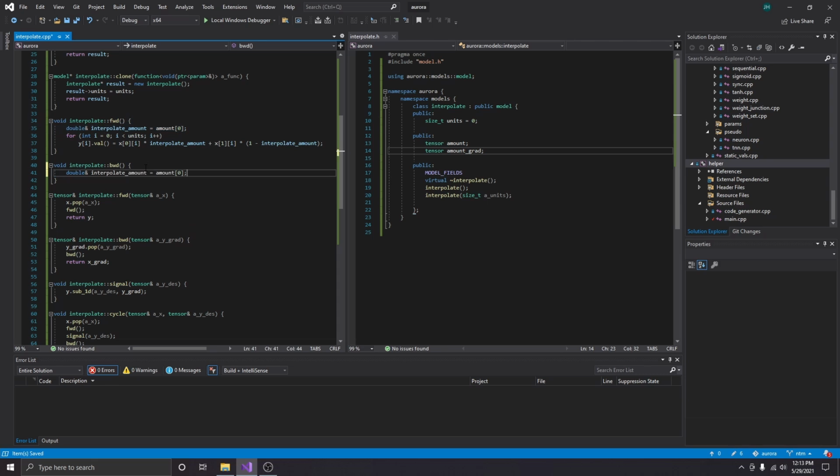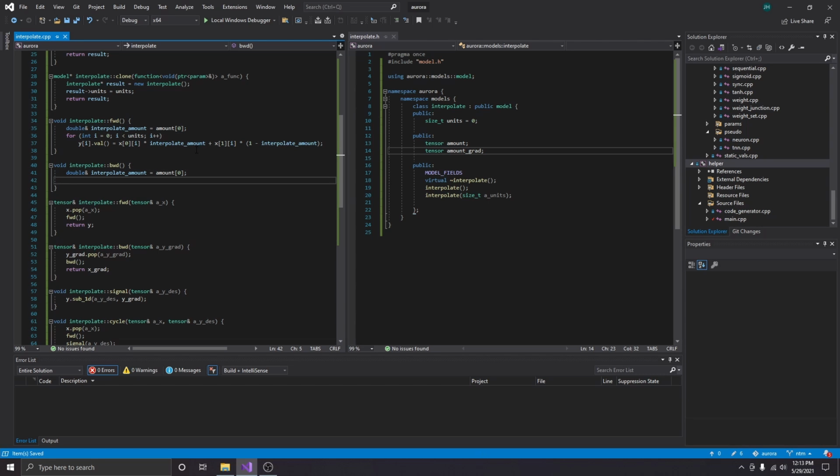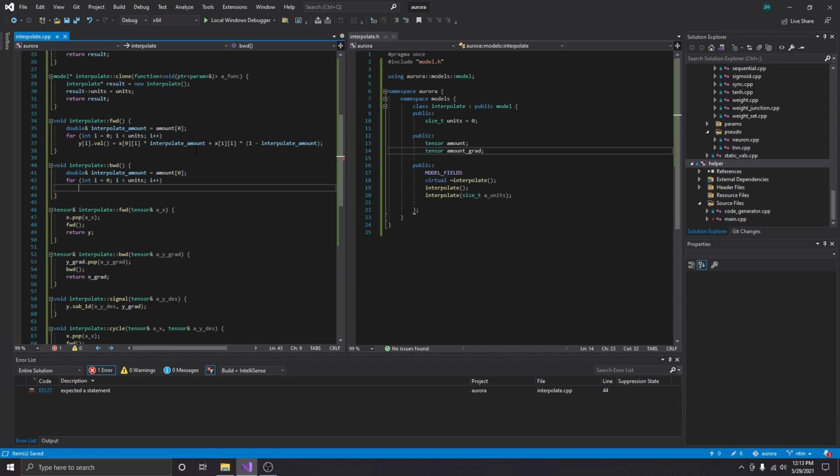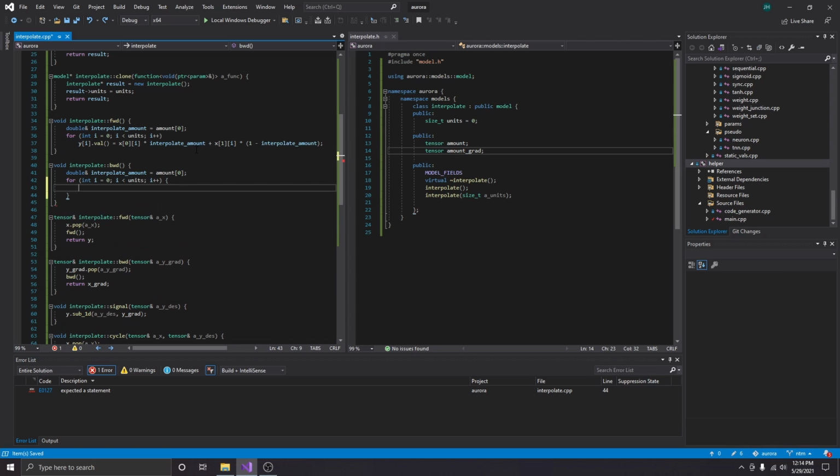get our interpolate amount. And then this is not a sequential model, so we can iterate forward, essentially. And we can do, oh, you know, this is going to be multiple things. You're going to need braces. Since the 0th vector, every element in that vector is being multiplied just by the interpolate amount, we're going to say that x grad 0 at I